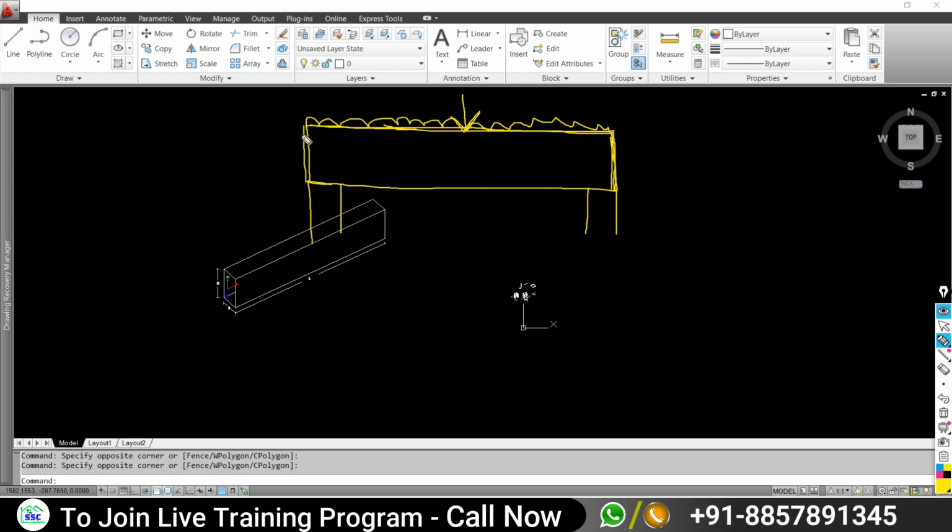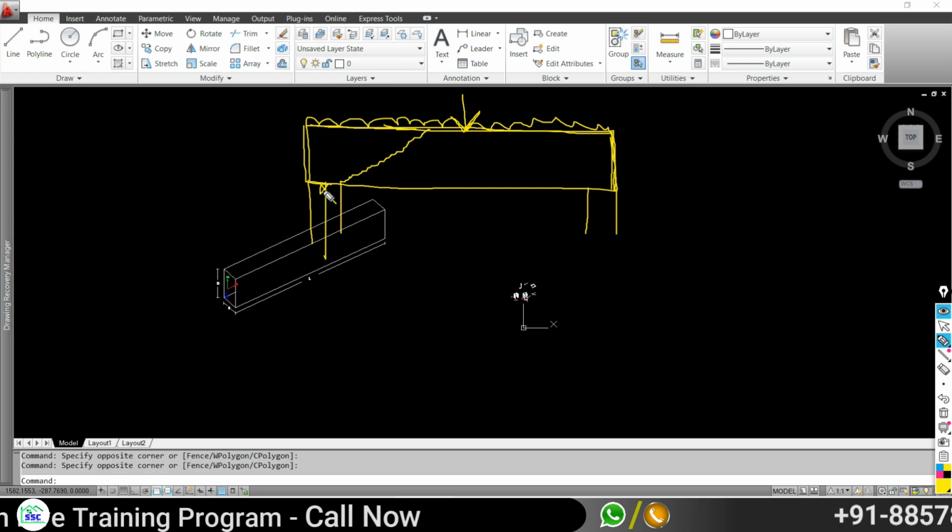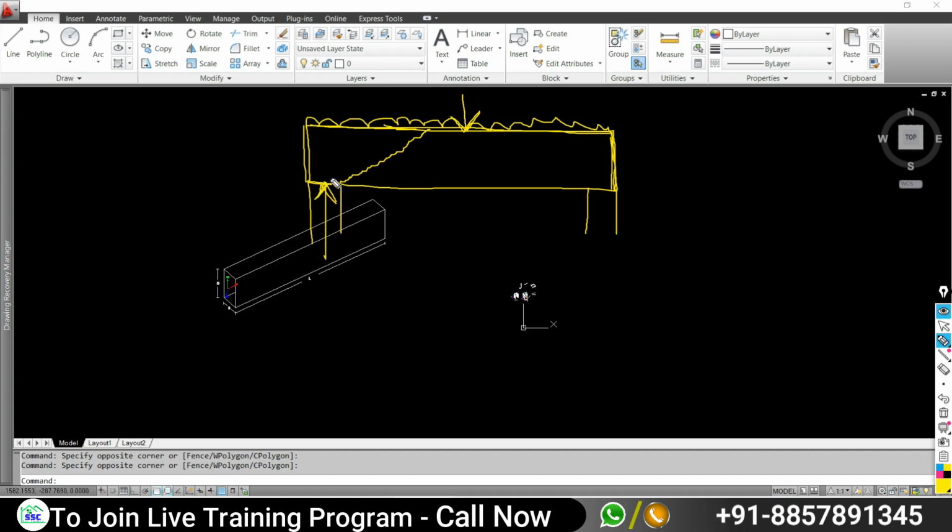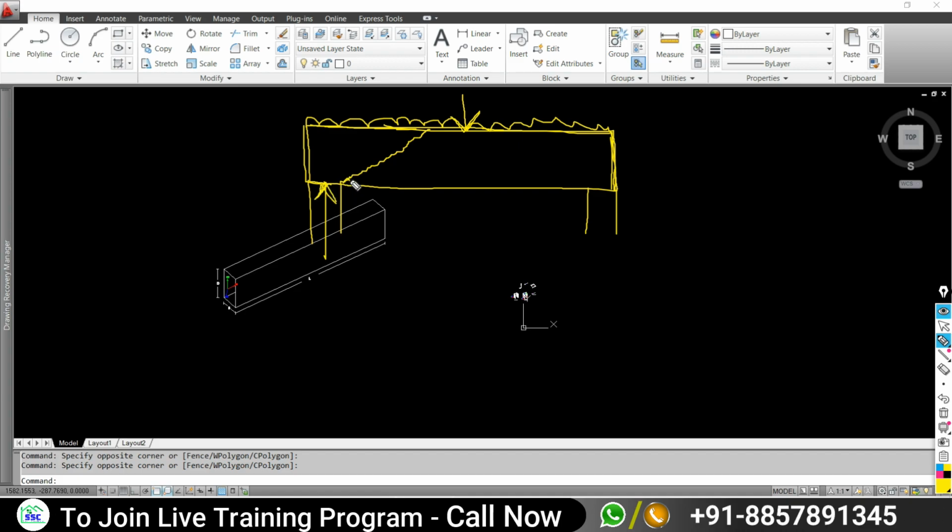Is that all clear? And due to shear force, shear cracks are going to be formed, and these shear cracks will develop along the depth of the beam. Obviously the shear force is going to act like this. So in respect of this action, the shear cracks are formed along the depth of the beam. What is the reason for discussing this? Because your shear force acts along the depth of your beam.